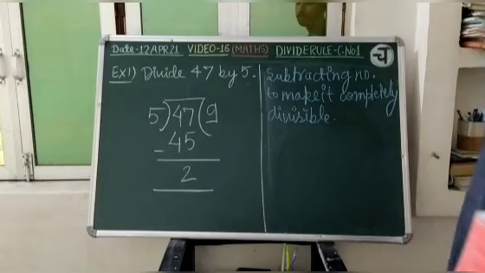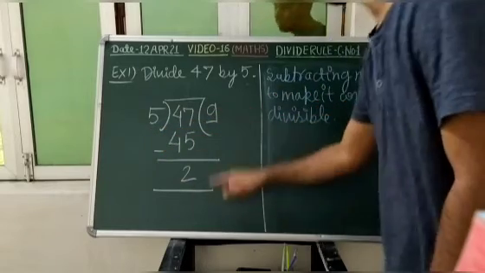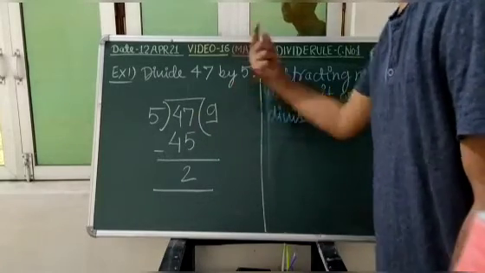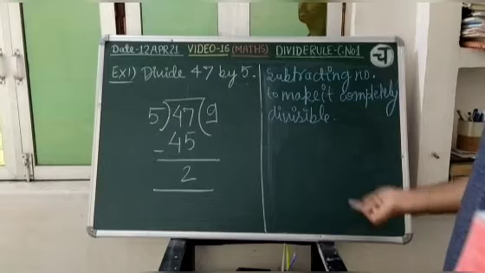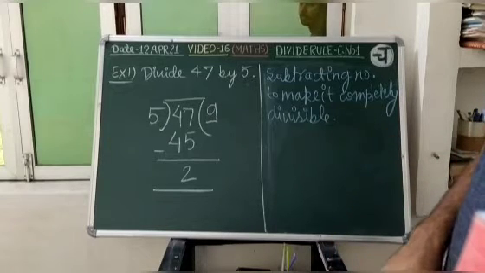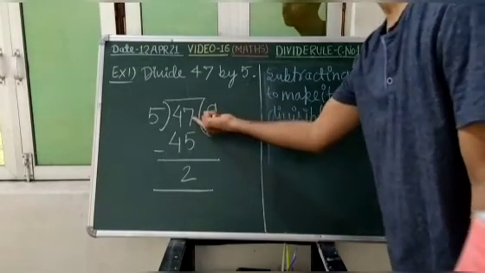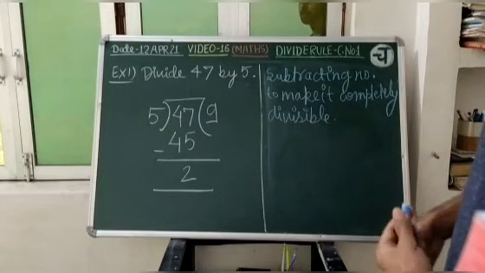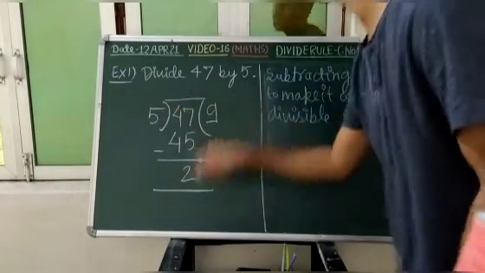Please think in your mind that 47 is here and we are dividing it by 5 and it is not going completely. So what should we subtract from it so that it becomes completely divisible? 5 2s are 10, 5 3s are 15, 20, 25, 30, 35, 40, 45, and 50. We want to subtract from 47 to make it divisible by 5. So from 47 if we subtract 2 it will become 45 and we can divide that completely.